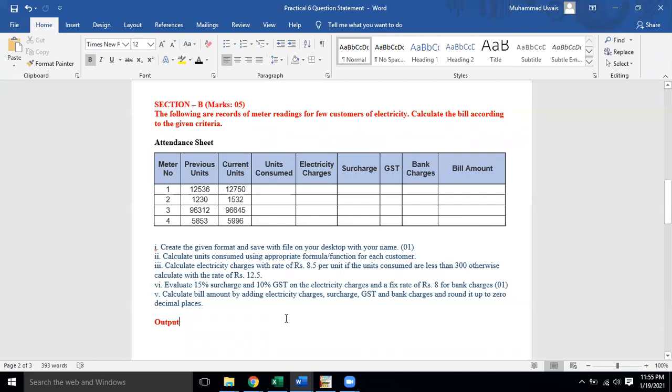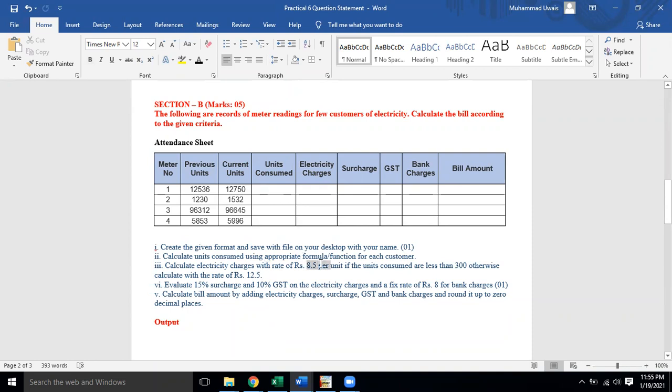It means that normally bills have different slabs. If you have consumed less electricity, you pay a lower per unit charge. If you have consumed more electricity, you pay a higher per unit charge. Have you got this idea? There are some slabs. I have taken only two slabs over here.